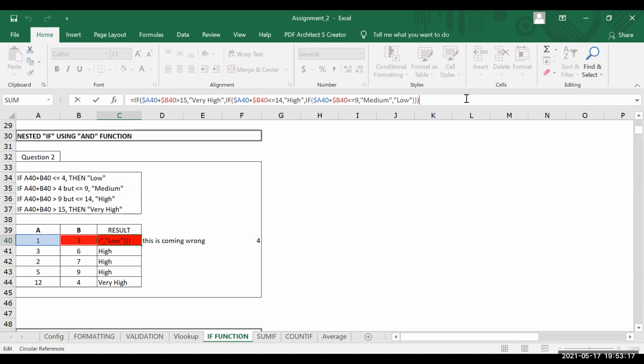Strange. But the formula is also correct. I mean, the formula that has been applied is correct.